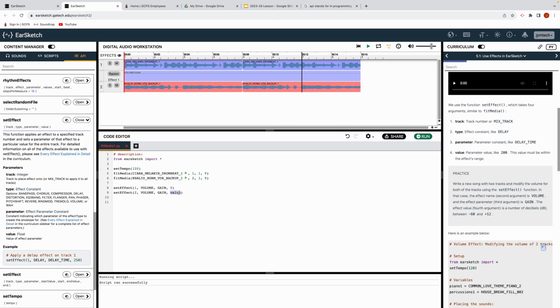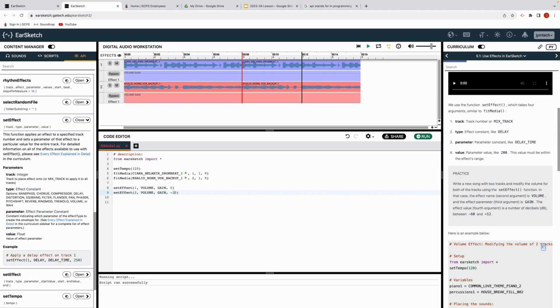You know what, I'm gonna make this negative 60 just to show you. And run it. Ooh. So notice it's even the same color. Track 1 volume, track 2, and track 2 volume. Here we go, let's play it. Only the drum. But I'm gonna make it, how about